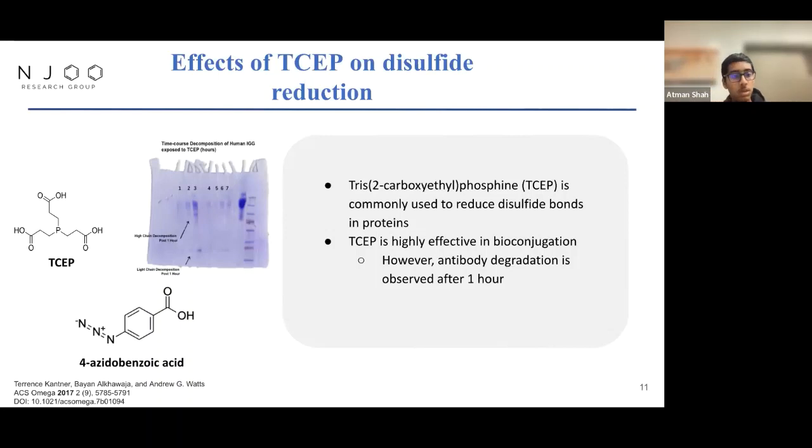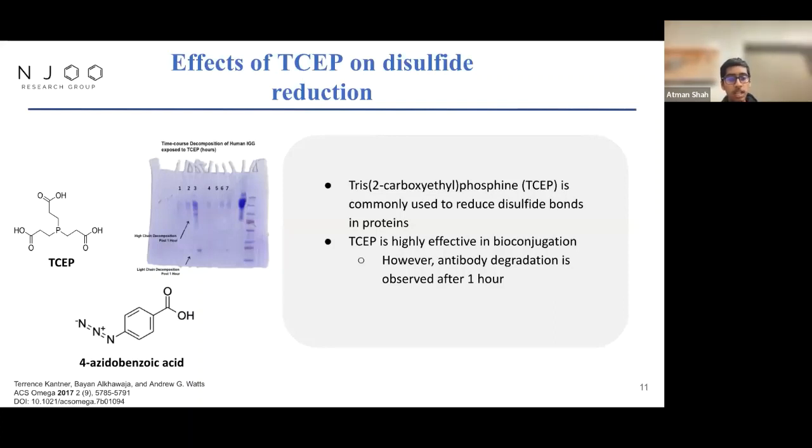And so what we do is we use a molecule called tris-2-carboxyethylphosphine, or TCEP, to break this disulfide into two sulfhydryls, or two individual SH bonds. And these SH bonds can then be attached to by the molamide. However, one problem with this process is that TCEP is designed to break these bonds, and leaving it in for